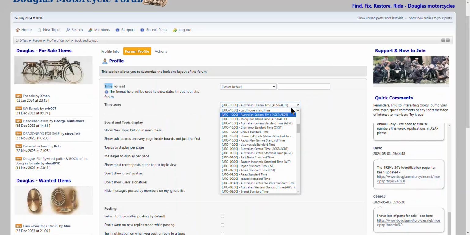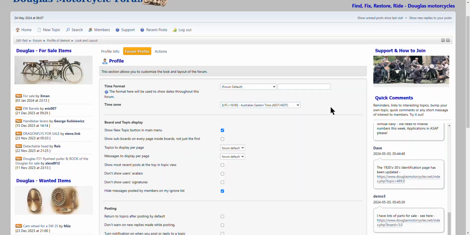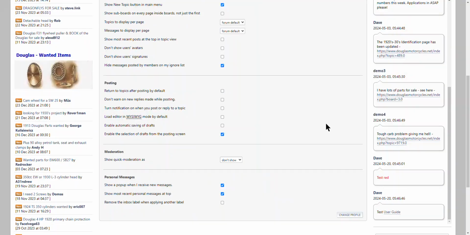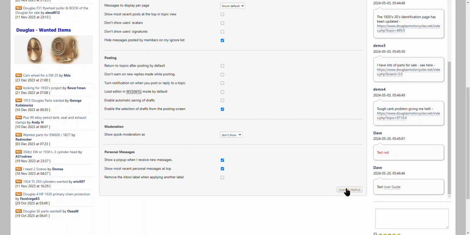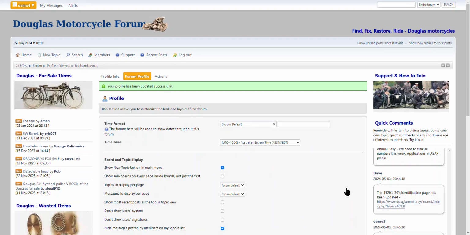So no matter where you live in the world, look for the two settings that apply to your area. The standard time that stays locked on standard time all year round, and choose that if that's appropriate for you, or if there's a standard time and a daylight time choice, choose that one if you have daylight savings time in summer. Now once you've chosen your time, we just need to save it. So we scroll down to the bottom of the page here and we click on Change Profile, and that saves